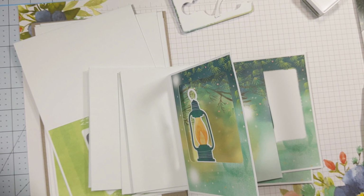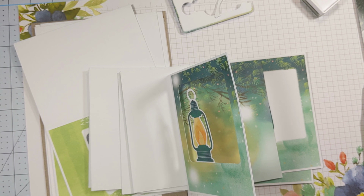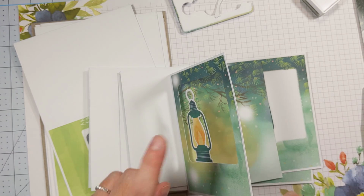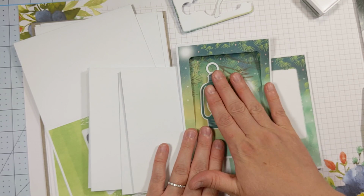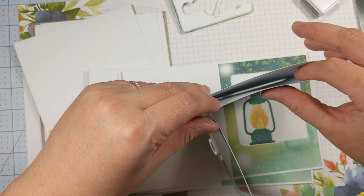Again, it's so nice to have these instructions here that you can kind of just peer at and see what their intentions were for you, so you could figure out if that's what you want to do or if you want to do something a little bit different. Yep, so it looks like you will stamp on certain places around the lantern here, and then the card will actually stand up